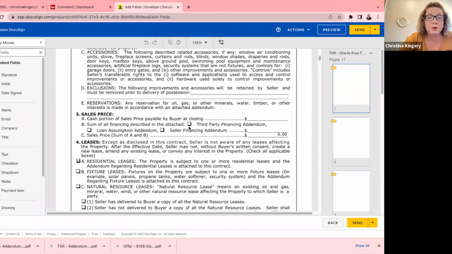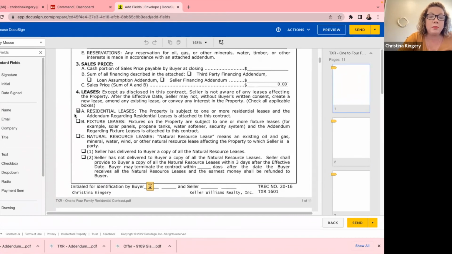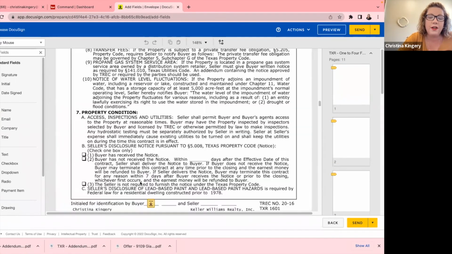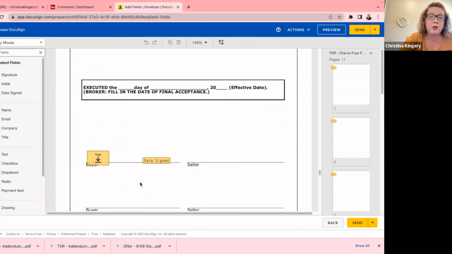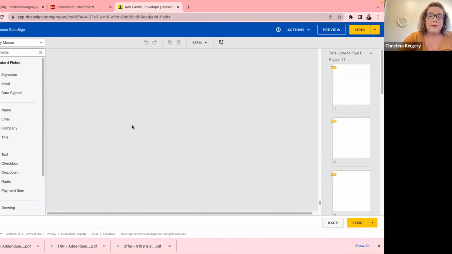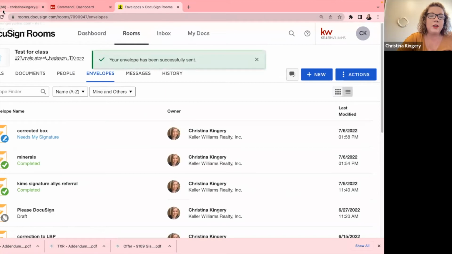So now you'll see as we scroll down that residential lease box is checked. And because we did pre-tagged roles, which I love, it automatically puts the initials on every page because this document started in Docusign and Docusign knows this document and knows where everybody needs to sign. So you don't have to drag any boxes. It's all done. So you would send it and then Mickey Mouse gets the email that they need to sign,